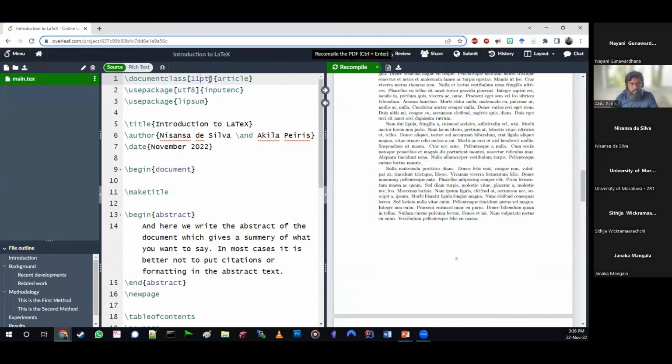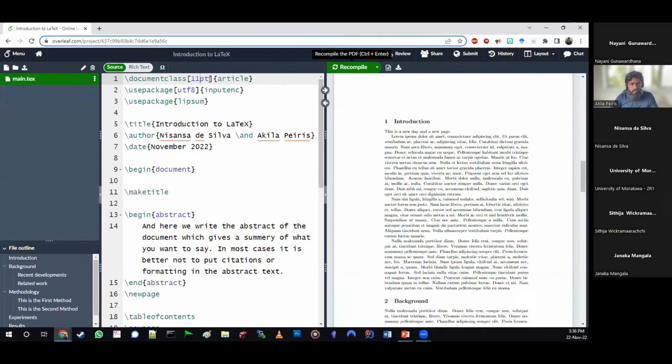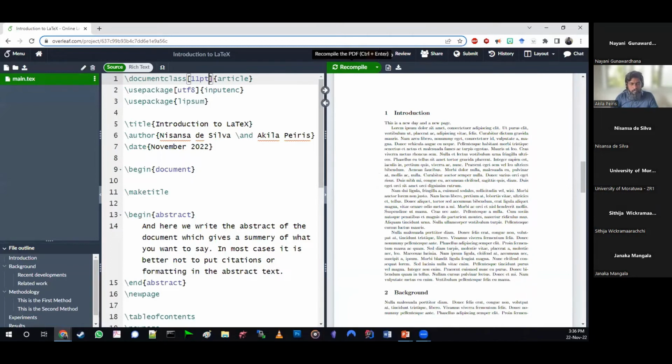One more thing I would show, which is very easy to do here, is to make this two column. If you want to not have a single column and you want 2 columns, if you are writing a paper, all you have to do is tell the system, give me 2 columns.